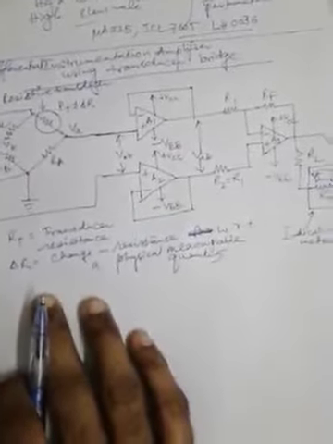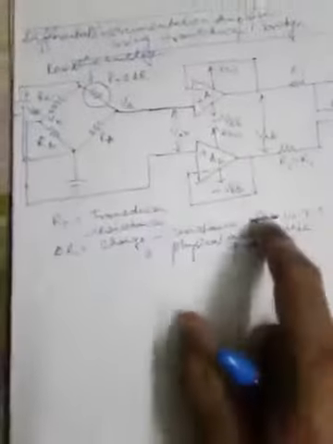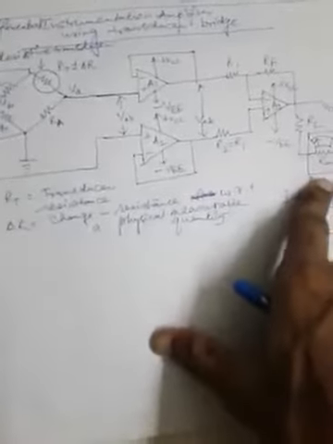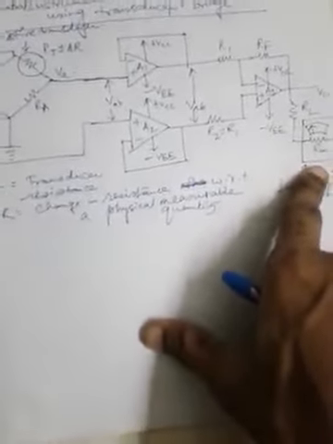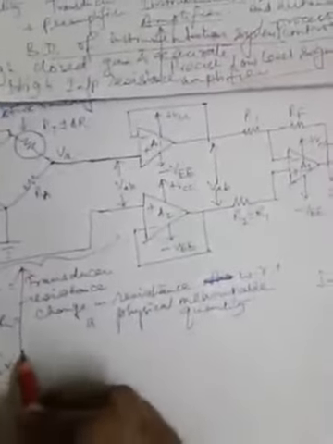And this circuit is hence the differential instrumentation amplifier using transducer bridge. This part is for transducer action, and the rest, the 3 op-amp part, is the instrumentation amplifier, and this is the indicator stage. So if we compare the block diagram with this circuit, we can see the input stage is this transducer bridge. So this portion is my input stage as per my block diagram.